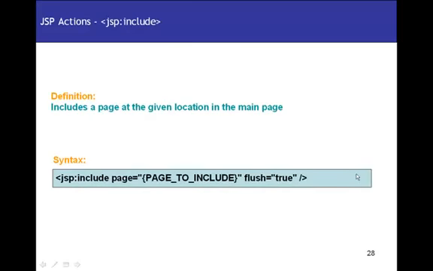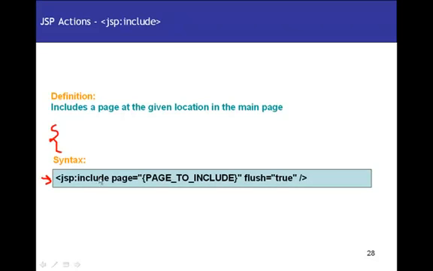JSP Include Action is as simple as its name suggests. It simply includes a given JSP or HTML page in your main JSP page at the given location in the main page where you specify, right? So let's say that I have my main JSP page where I have some code out here, right, and in between I am including a JSP page. I'm including another JSP page in my main page using the JSP Include Action, and this is the syntax for